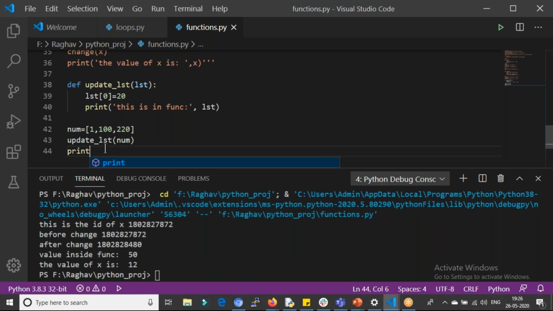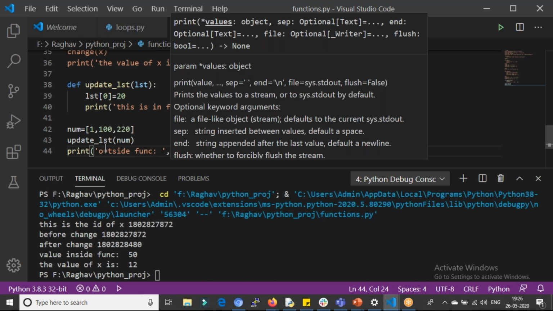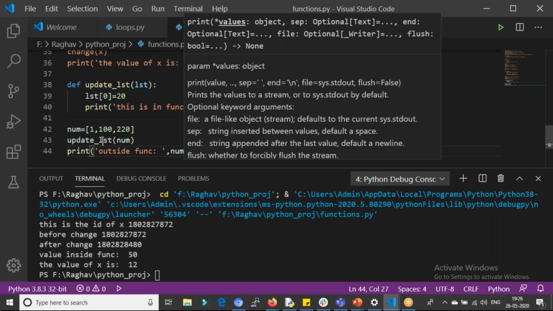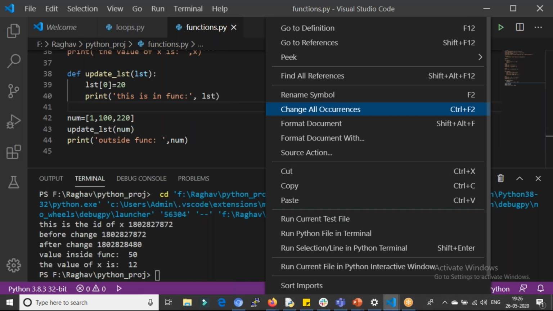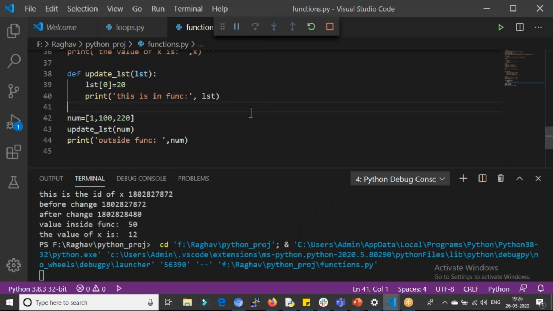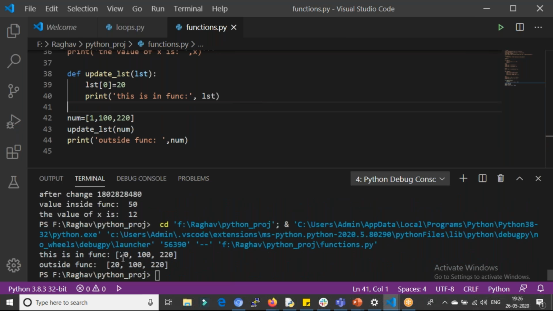Now I'll print outside function, num. Now let's run this. So now if you see, the value is changed, right?